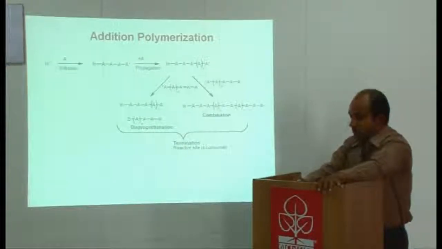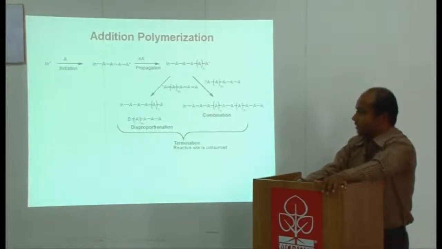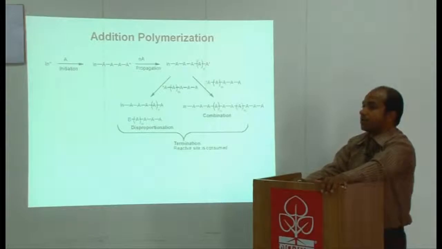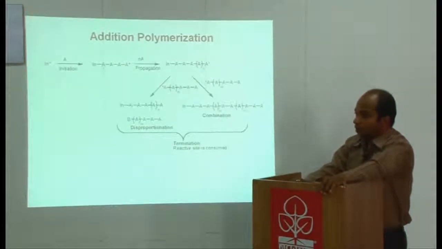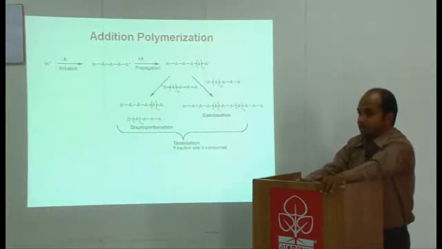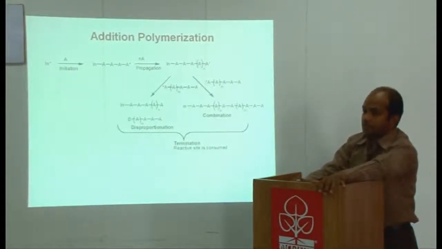is very important. In this type of addition reactions or addition polymerization, it is very difficult to control the rate of reaction. So, one of the important steps in this reaction is termination of the reaction. So, you have to terminate a reactive site. So, depending on the requirement, one can terminate a reactive site and obtain a polymer of desired molecular weight. So, if you want low molecular weight polymer, you can terminate the reaction in the initial stages.